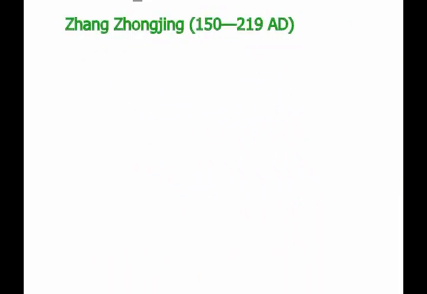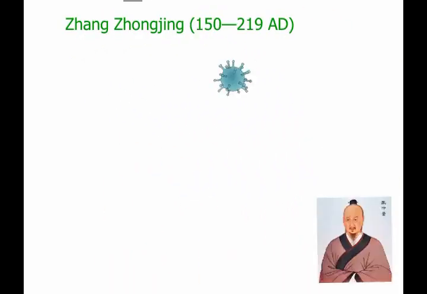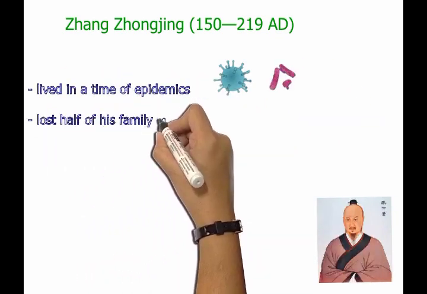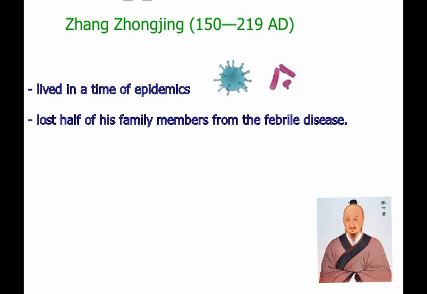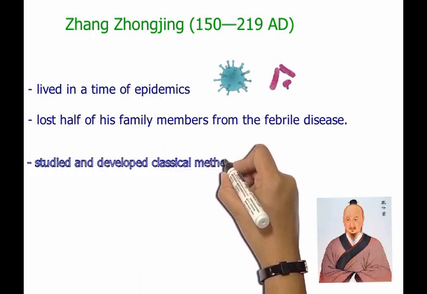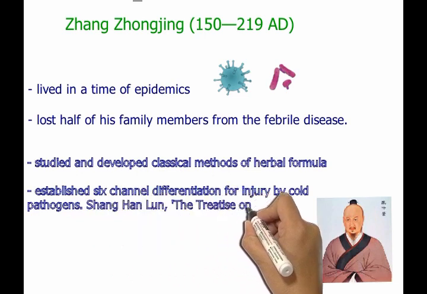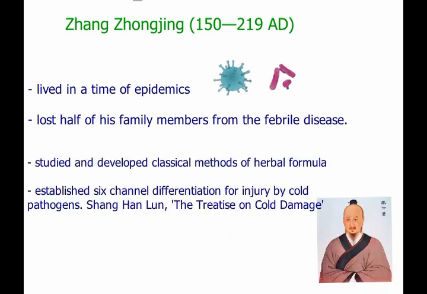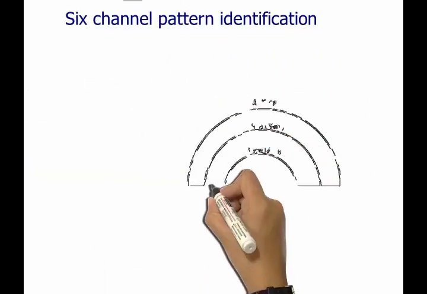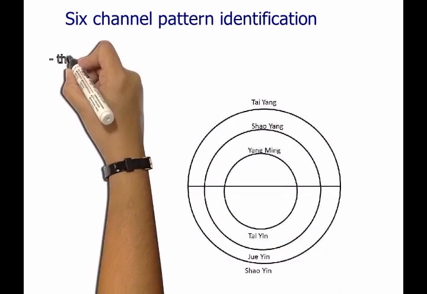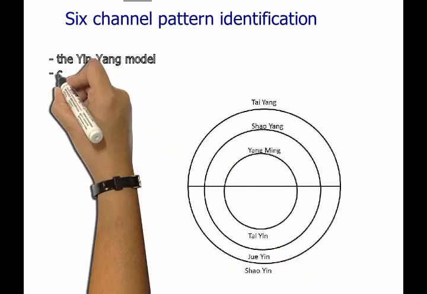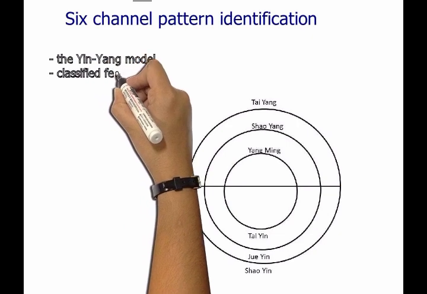Zhang Zhongjing lived in a time of epidemics. He lost half of his family members to fever disease. So he studied and developed classical methods of herbal formulas and established six-channel differentiation for cold damage. Six-channel, or stage, identification is based on the yin and yang model and classifies fever disease into six channels